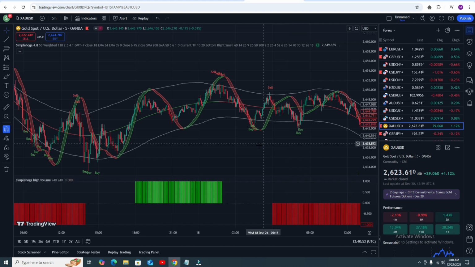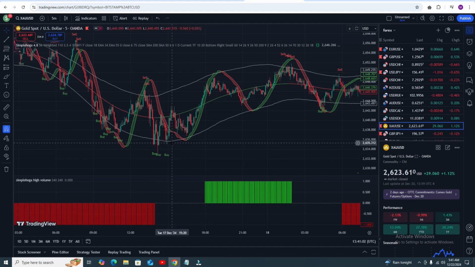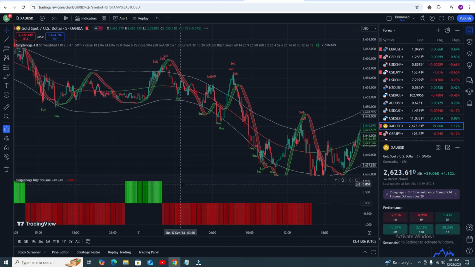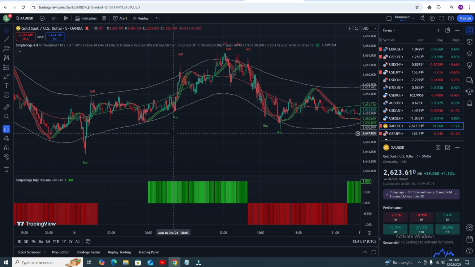Here you can see there is no volume and you're getting a buy signal. It's profitable. Yes, it is. Here you can see there is no volume, you're getting a buy signal, so it will follow the signal. Okay, and let me show you. Although when the volume is red, you are getting a sell signal, all signals are profitable. Okay, but if there is no volume you can follow the signal, like here you are getting no signal at this point, you are getting no signal. Okay.